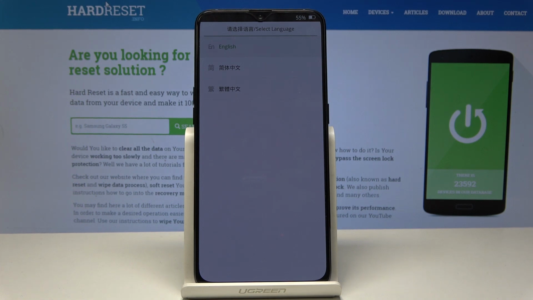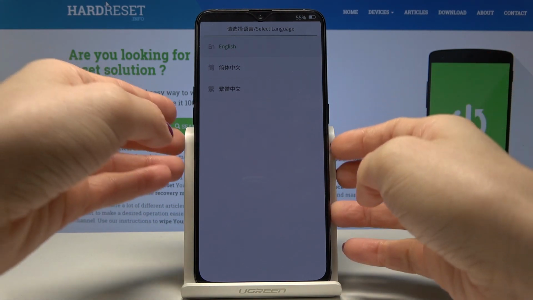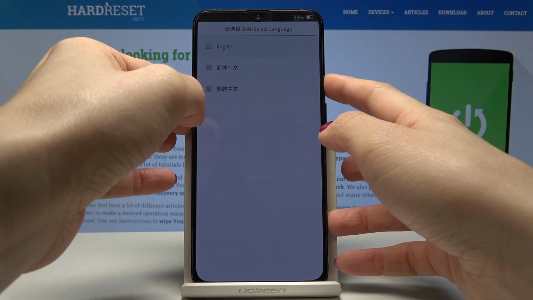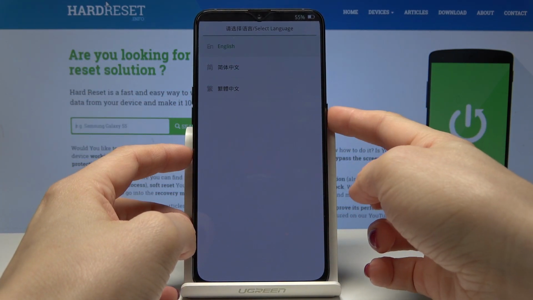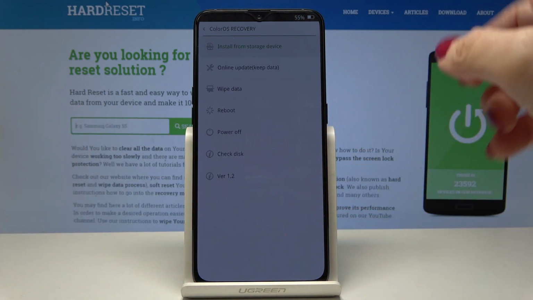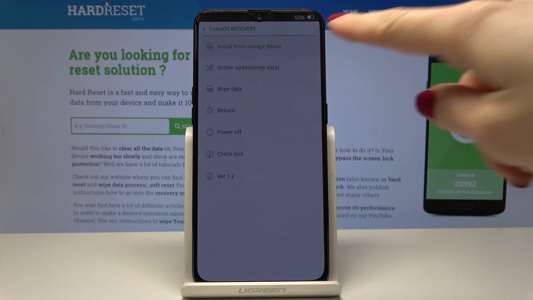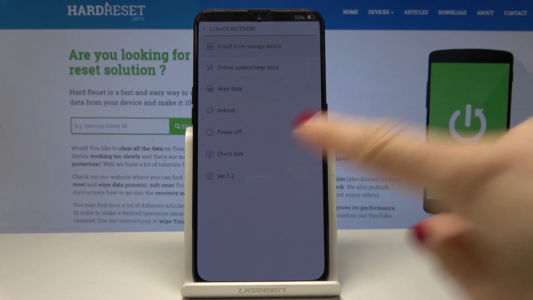And now in this mode you can simply navigate by tapping on volume up and volume down keys, and then enter each mode by tapping on power key. But you can also select each option just by tapping on preferable one by your finger. So for example, let's tap here,